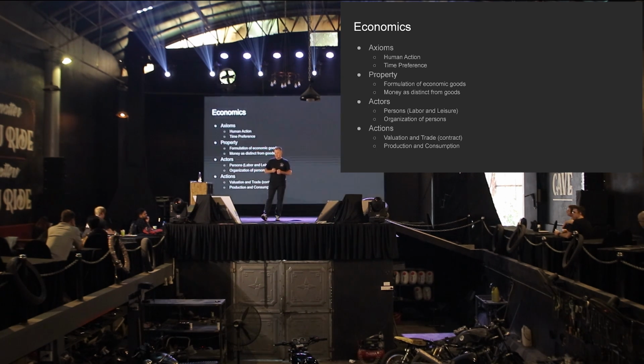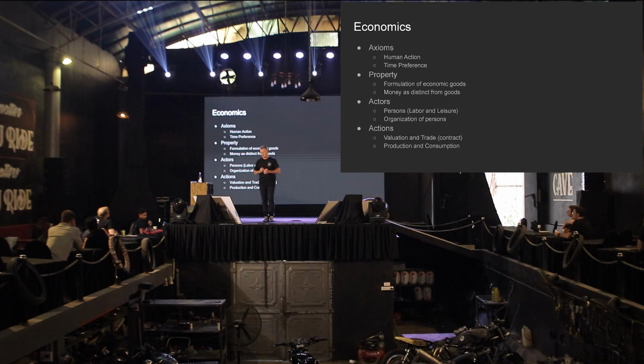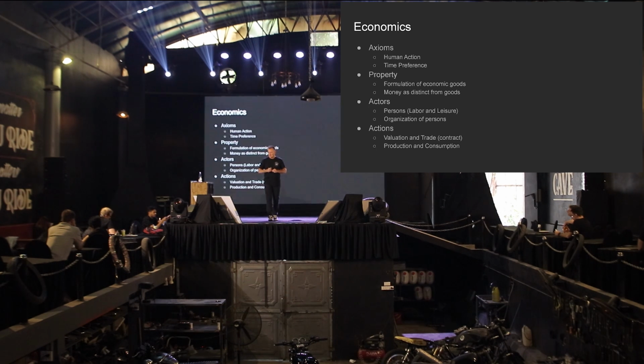So the axioms, human action and time preference, are the only ones I find really necessary for anything I've done so far. Even Rothbard reduced what used to be considered one of the axioms down to these. So these are the assumptions that I operate with. Then there's property. You have to have a definition of what the actors are and what the objects are that we're dealing with. The system considers definitional things, so property has a definition.